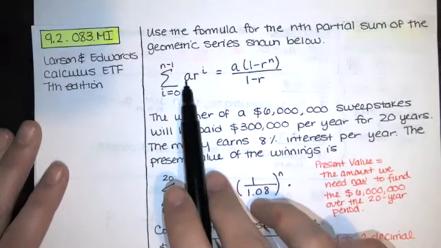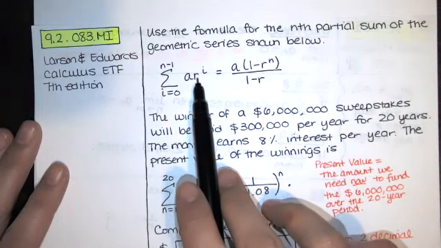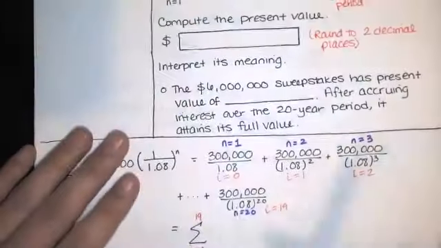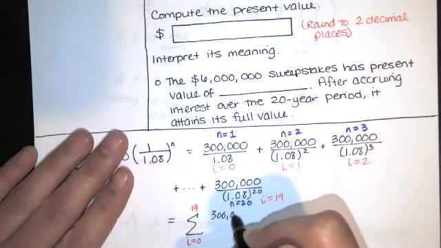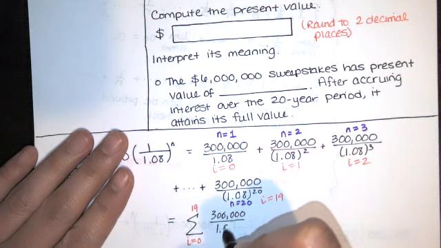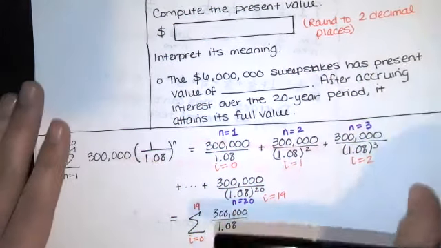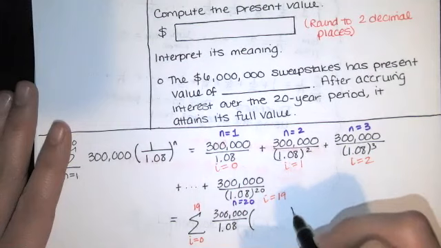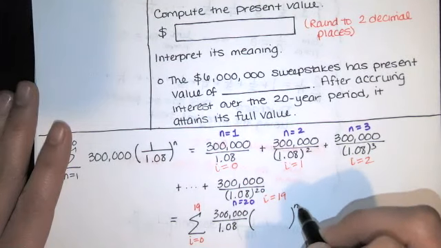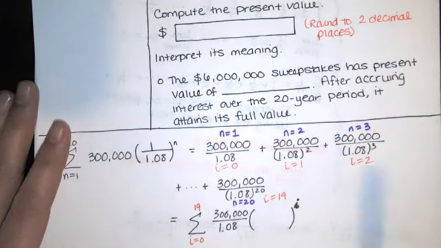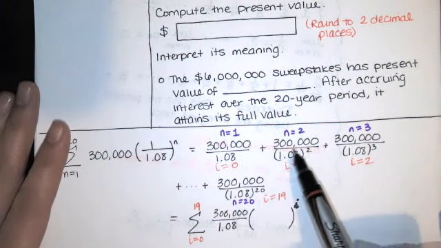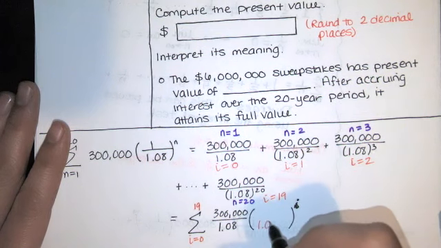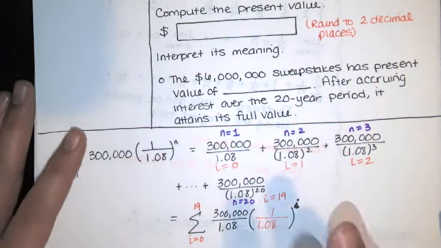And then in this formula, we've got our first term times the common ratio raised to the I. The first term this time is that 300,000 divided by 1.08. That's our A. And our common ratio, oops, that should be raised to the I, is what we multiply by to get from here to here. Well, I'm multiplying by another 1.08 in the denominator, so I've got 1.08 in the denominator there,